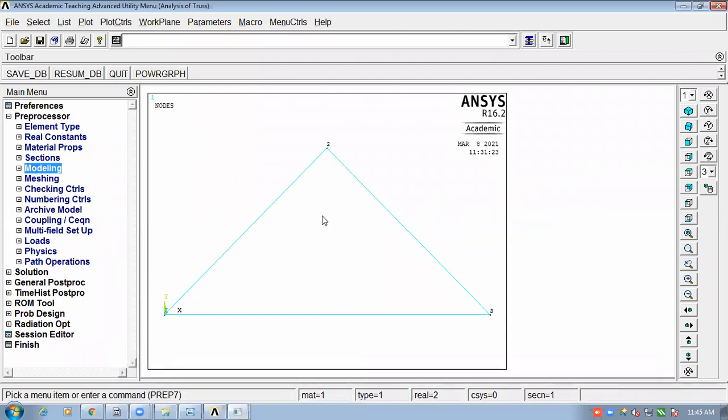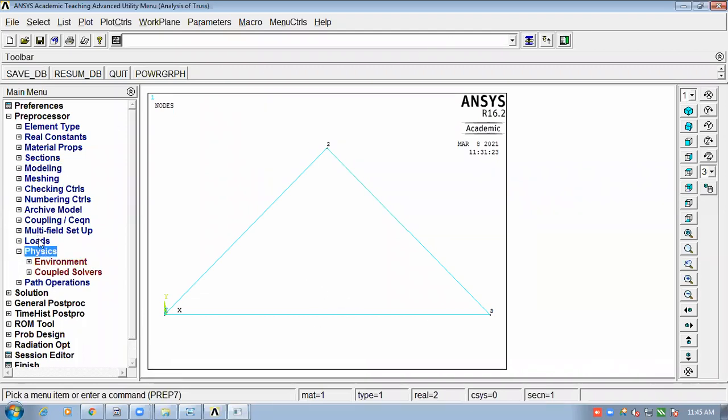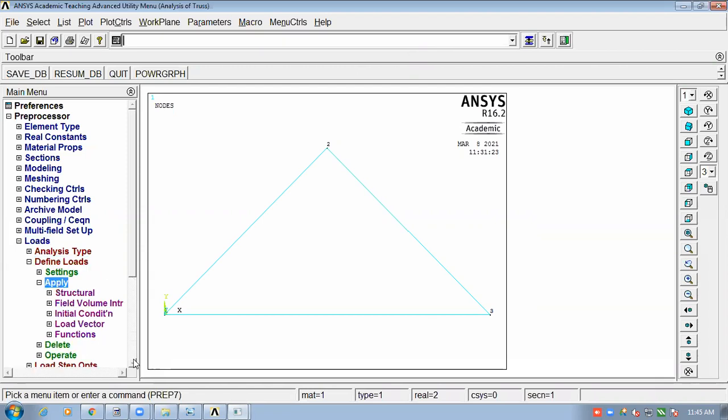Load, sir. Right, we need to go for loads. I'll go to this loads. We need to define it, right? We need to go to define loads. We need to apply it, right? I'll go to apply.